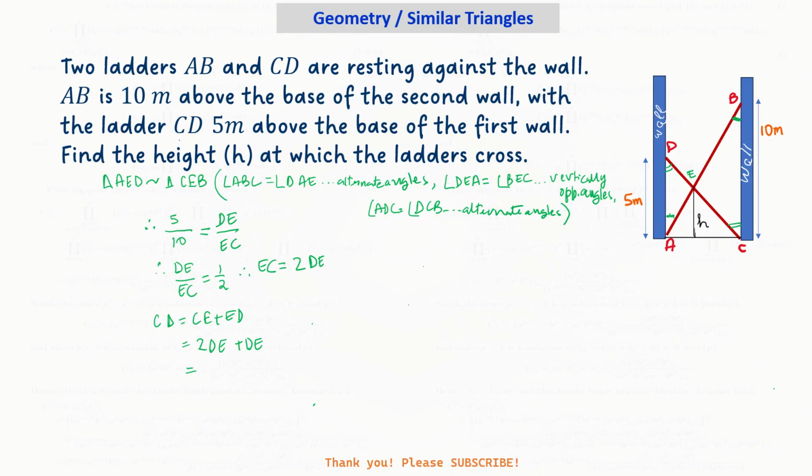So CD would be 3 times DE. So if we look at triangle ACD, and if I'm writing it neatly, in triangle ACD, what we would get is,